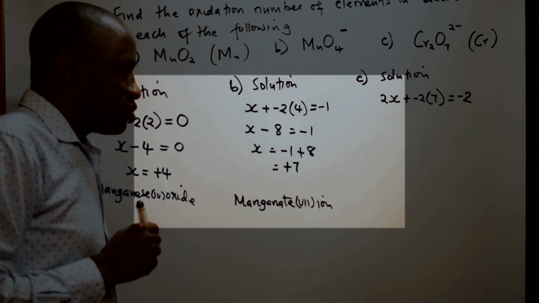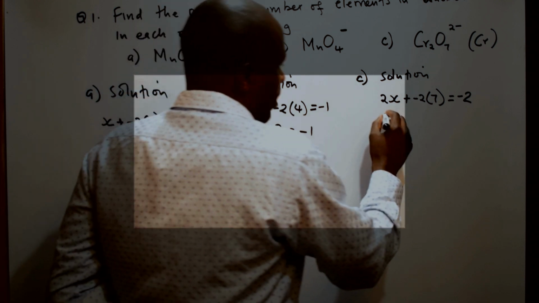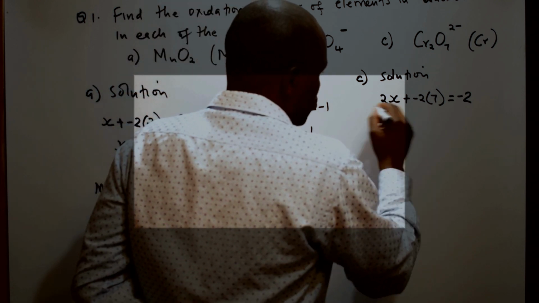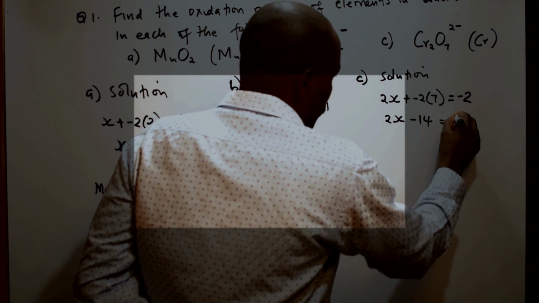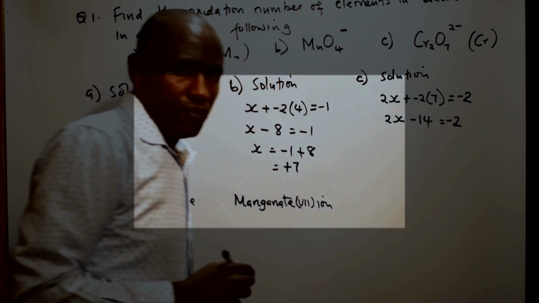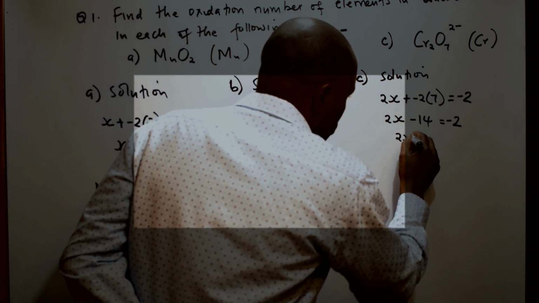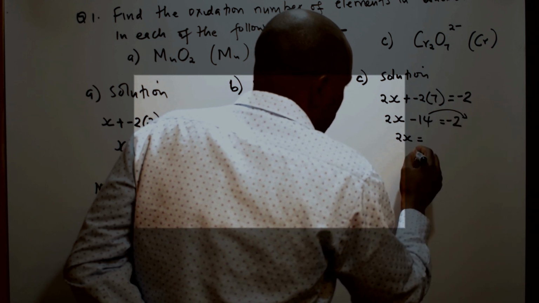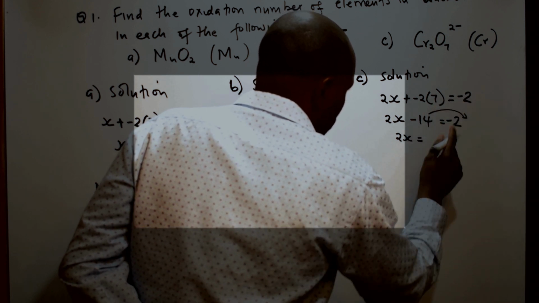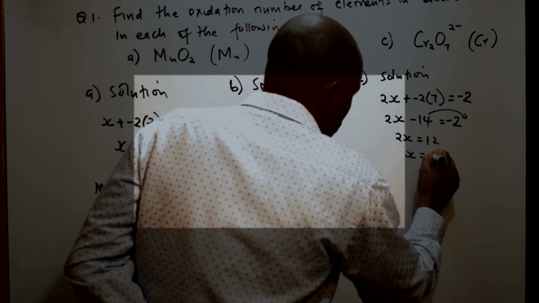That means I'm going to have 2X, then -14 giving me -2. Now of course, if I take -14 to the other side, it will be a plus. So -2 plus 14 gives me 12, and